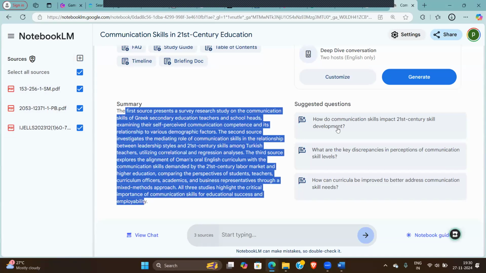And the very recent feature, which has been added about 2 weeks back, is that whatever information AI,